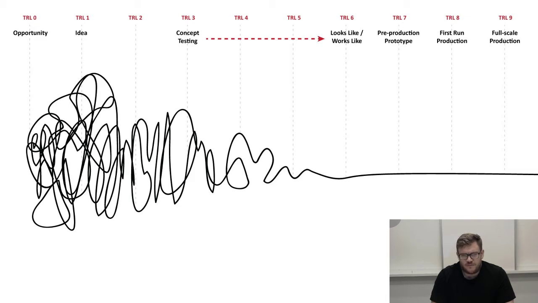You're doing research all the way through this process, really. You don't stop doing research. You're going from TRL 0 to TRL 9, and you're constantly refining things, constantly tweaking. But it's our responsibility